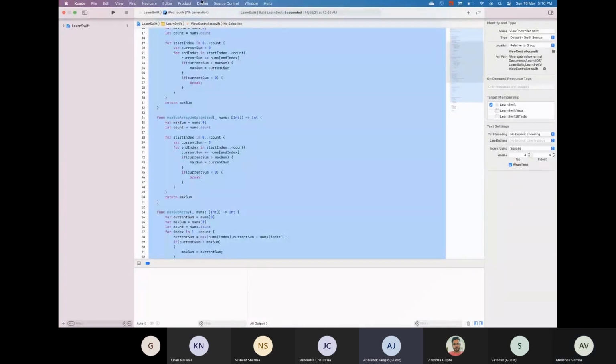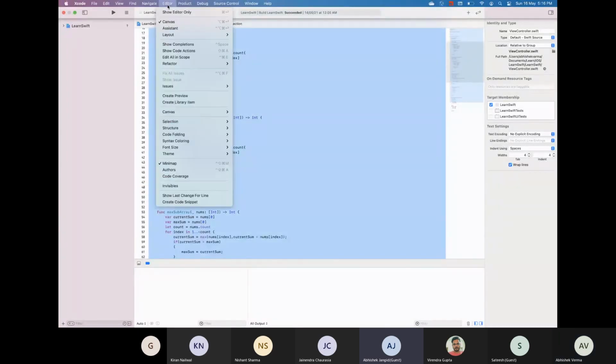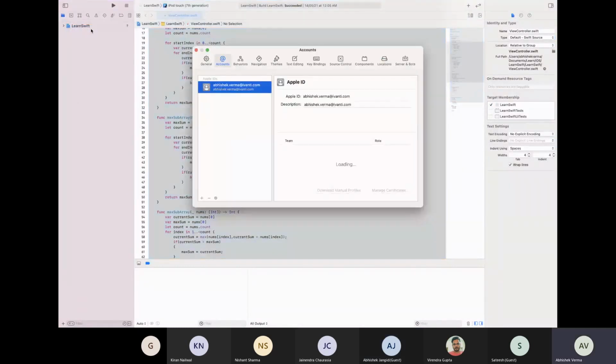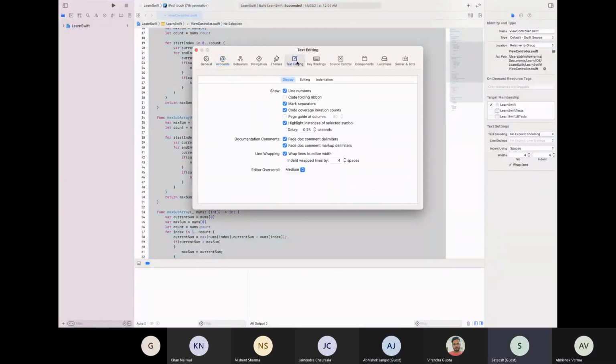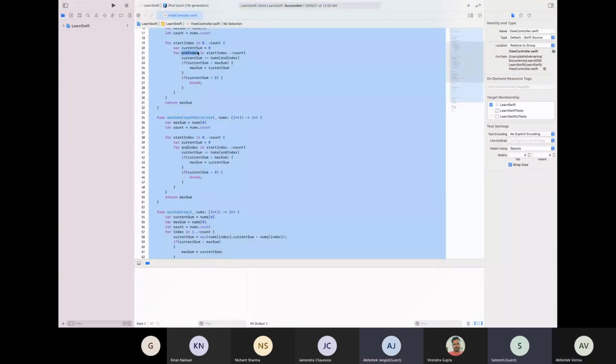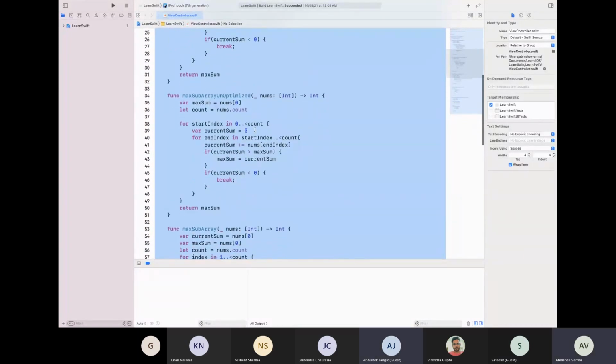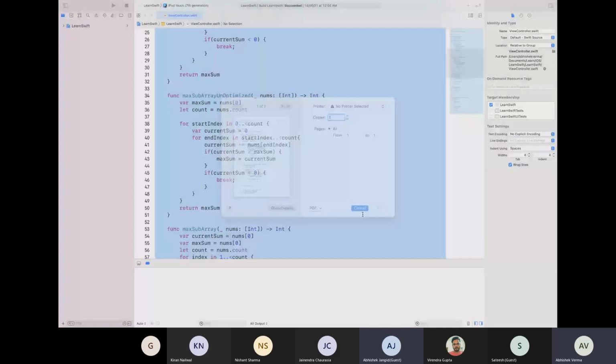You can go into the preferences and set a presentation font. Press command plus to increase the font. Yes. Now visible. Okay, yeah.